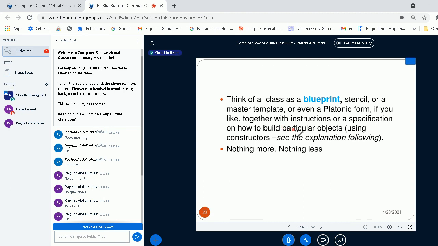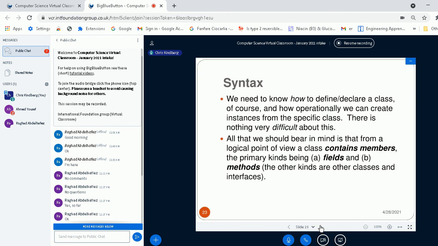And when you create an object, you can individualize it using constructors, and I'll say a little more about that later on. So a class is nothing more and nothing less than a blueprint for the creation of objects.